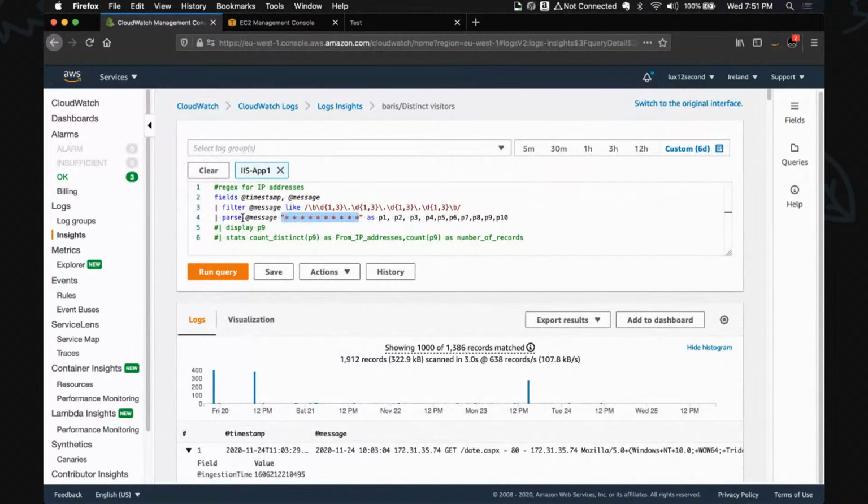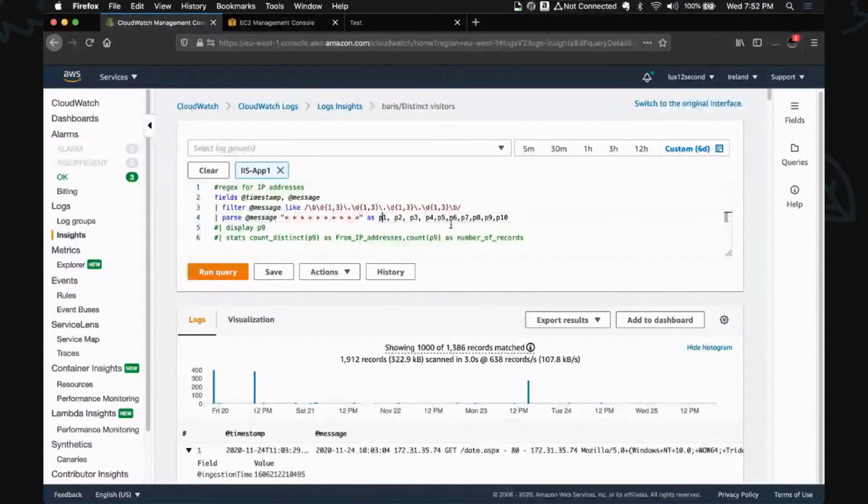I said parse this based on this pattern. So it categorized it based on empty spaces. And then you assign every parsed part a name, this is just a name I use, so you can make it X1, X2, X3. I just used P1, P2. So since I have 10 fields, I named them P1 till P10, right?